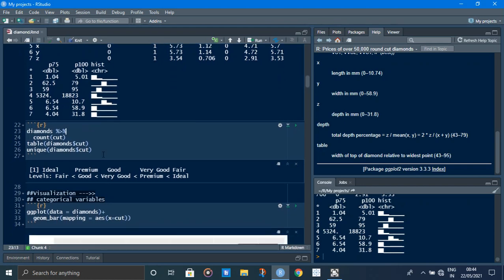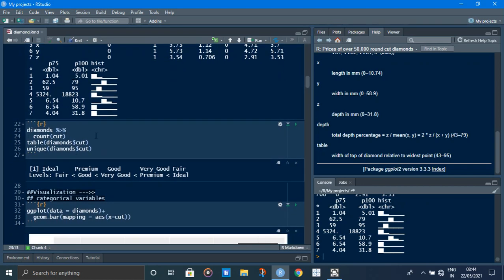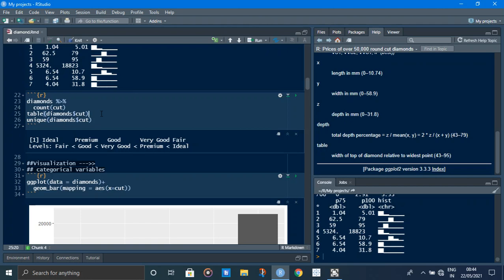This is diamonds, it is called the pipe operator, percent greater than percent. When we use the pipe operator, we do not need to write diamonds dollar sign and the variable names like that.